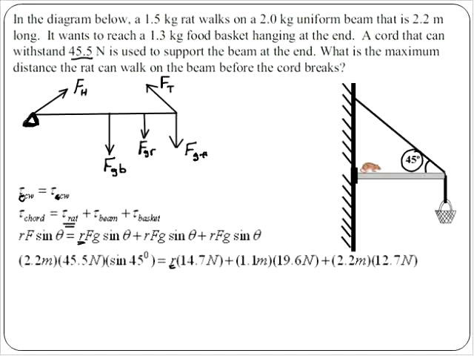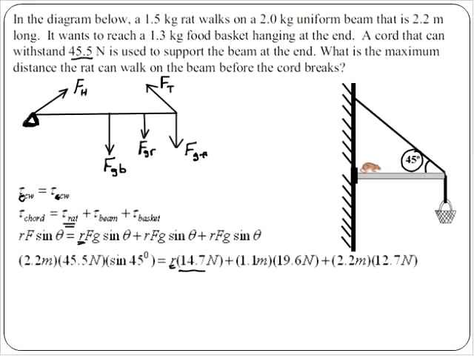And on the other side for the clockwise, that's the force of gravity for the rat. It's just the mass of the rat, which is 1.5 times 9.8. Then we've got the beam itself, which is 1.1, right? Because the center of gravity is the center of the beam. That's where the force is located. So 1.1 times 19.6, which is just 2.0 kilograms times 9.80. And then finally, the food basket at the end, which has a mass of 1.3 kilograms times 9.80 to get 12.7 newtons, and it's 2.2 meters